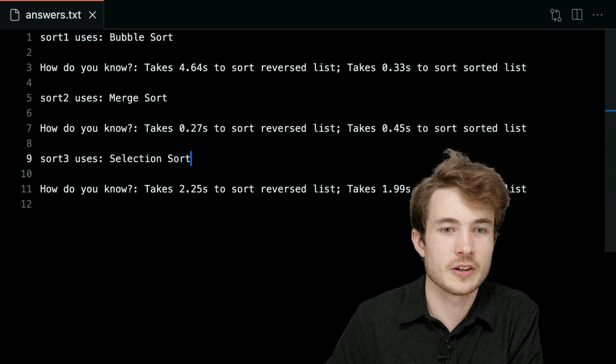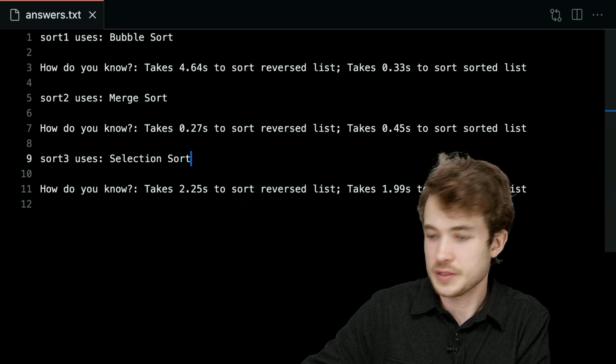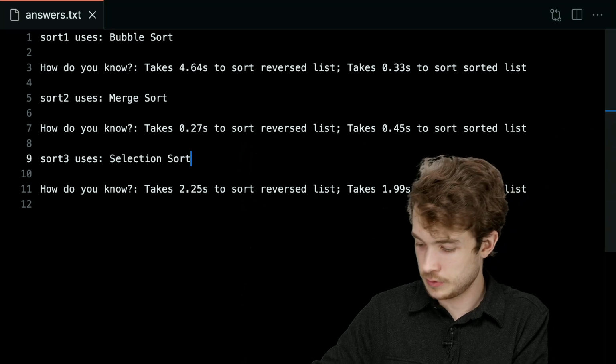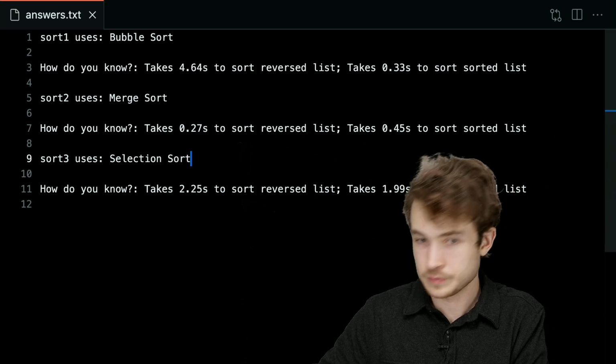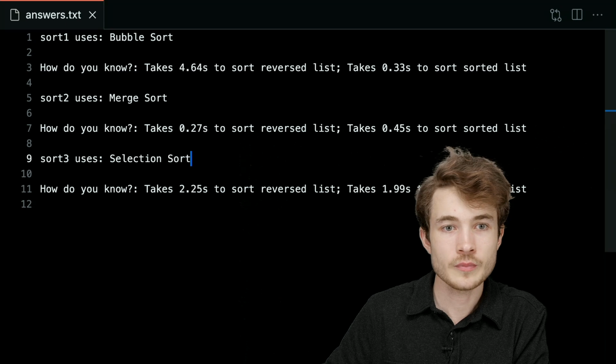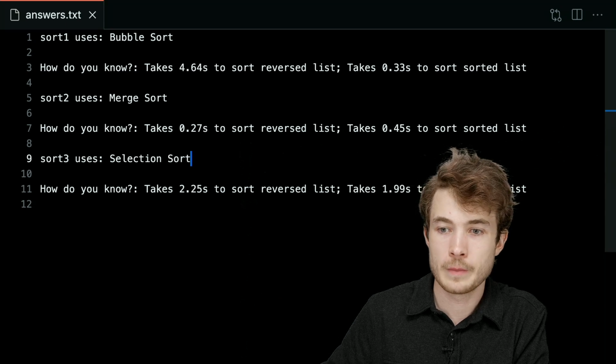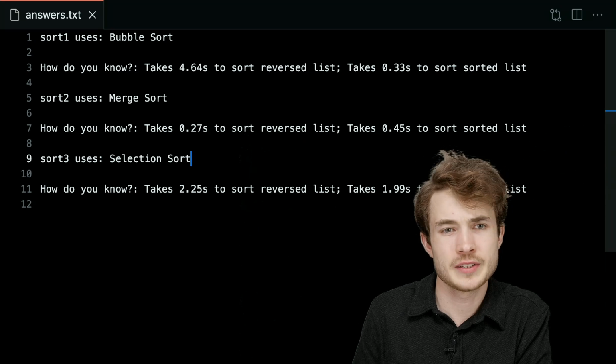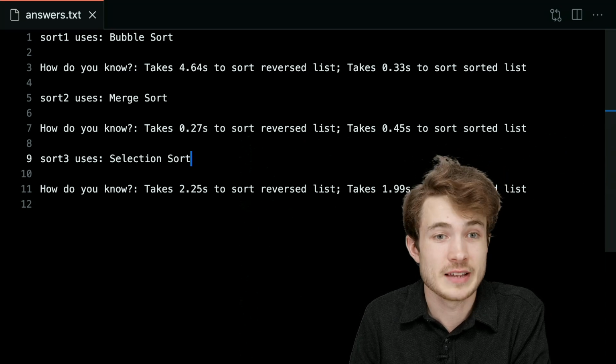Now, questions then on our process or our selection of these algorithms. A good question here, just for people who are learning computer science: is it good to practice making these algorithms?